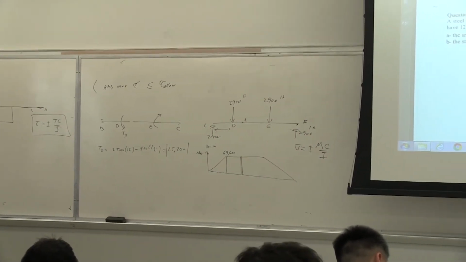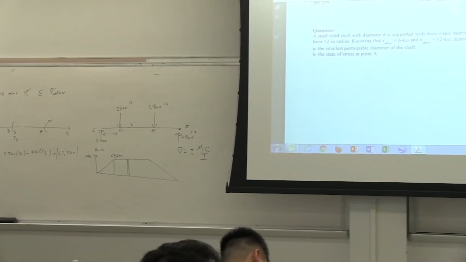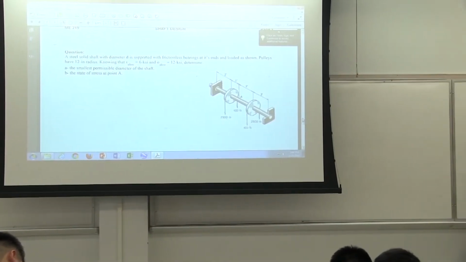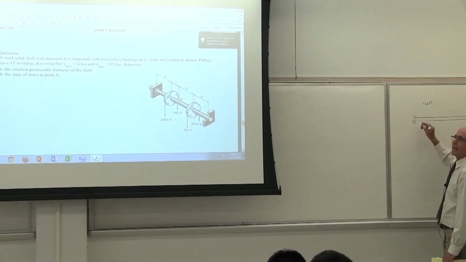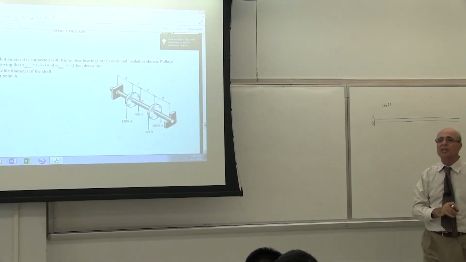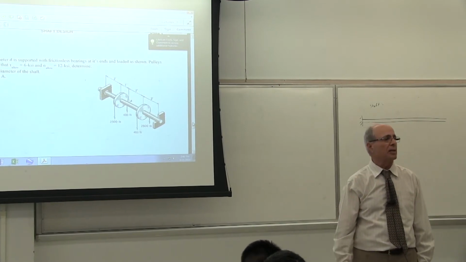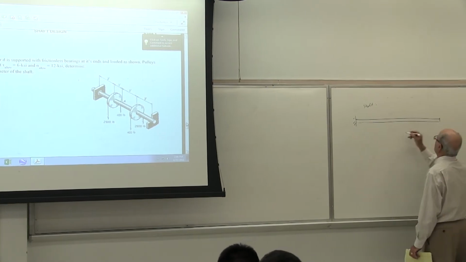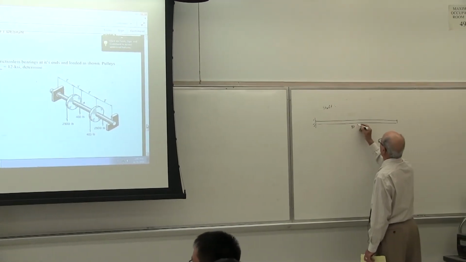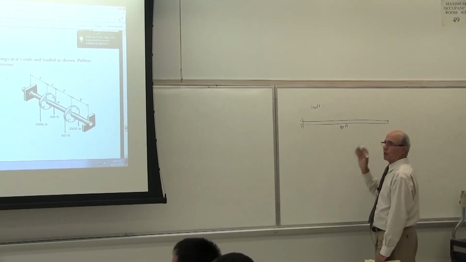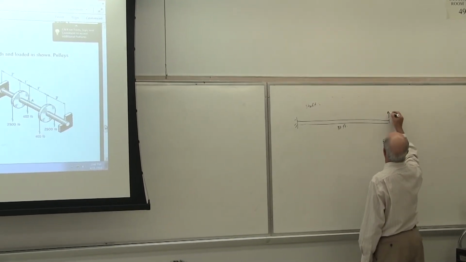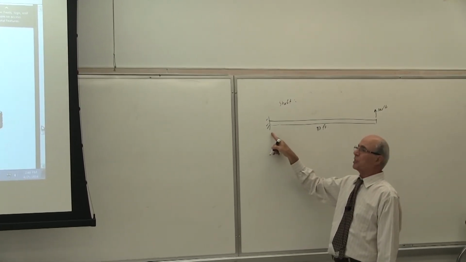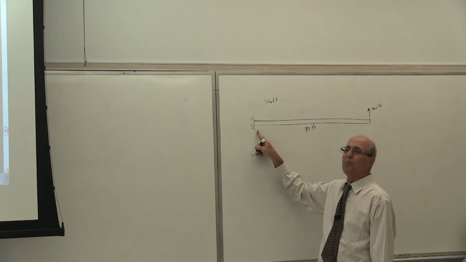Because the rods or shafts usually are very long, everybody understands that, and very small in cross section. Otherwise, we don't call it a shaft. Is that correct or not? For that kind of problem, look what happened here. If I put here a 10-foot rod or shaft and put here, let's say, 100 pounds of load, how much moment do I have? This critical section is here, yes or no? How much moment do I have there?